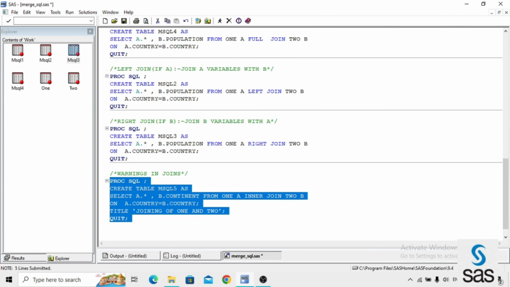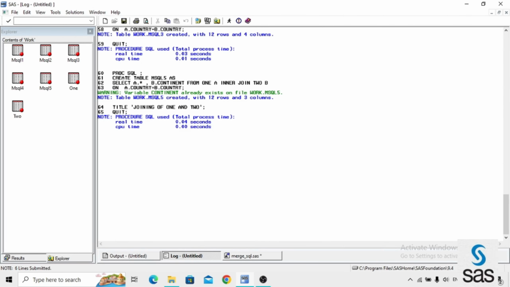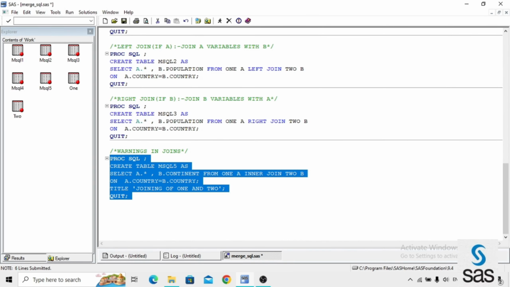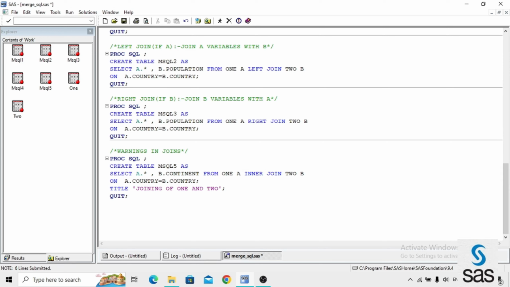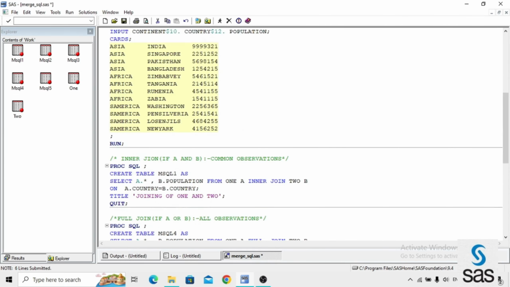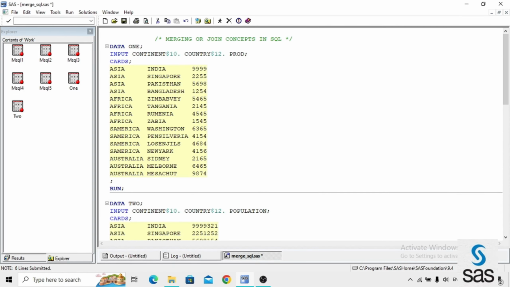If you write code like this, variable continent already exists on file MSQL5. What I am telling is, in proc SQL we can add only one variable, and that particular variable will not exist in the first data set. Here the population is not there in 1, but the continent already exists in 1. It means we can't add same-name variables from the two data sets.